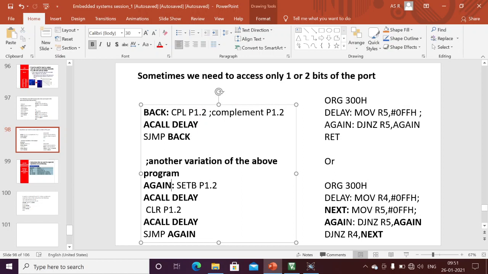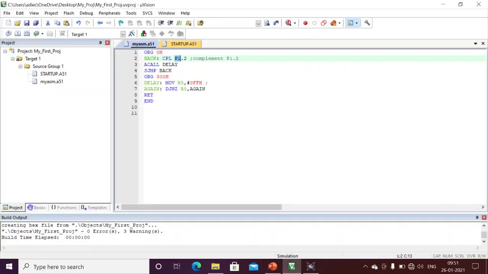This is also a similar program, which I have written with set bit and clear bit. See here, I am setting port 1.2, waiting for some delay, and then clearing. Instead of the complement we can use set and clear. If you flash this one also, we'll get the same output. Similarly I will flash and show you.